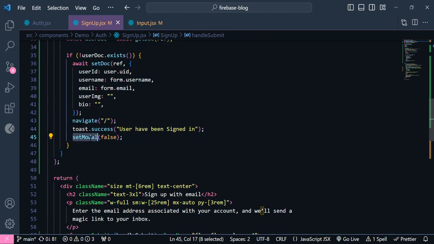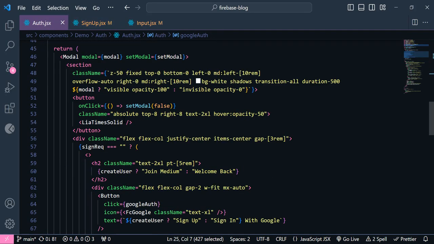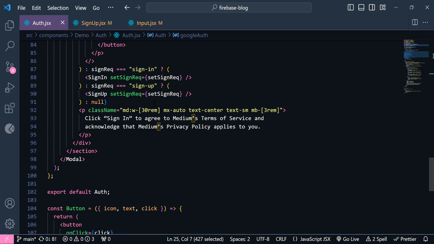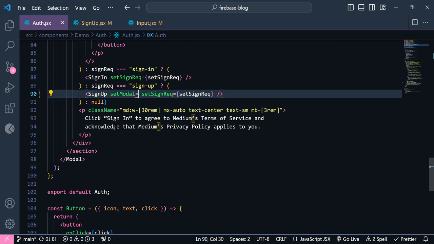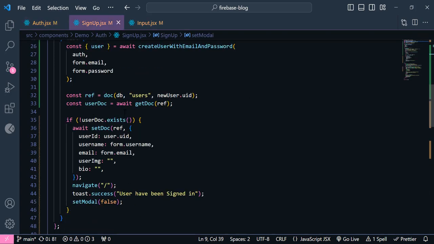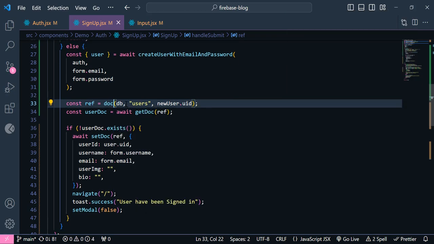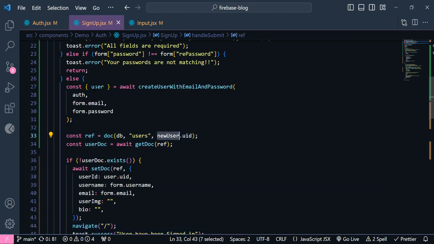All right, and now we need to get this setModel. So I'm going to receive this in here, and inside this auth component we need to send this inside our sign up component. So as you can see we have this sign up component, and we can send this to our sign in component also. Okay, now we have added them, but we need to import them one by one. So I'm going to import this doc, and also this is not new user.uid, it should be user.uid. Okay,